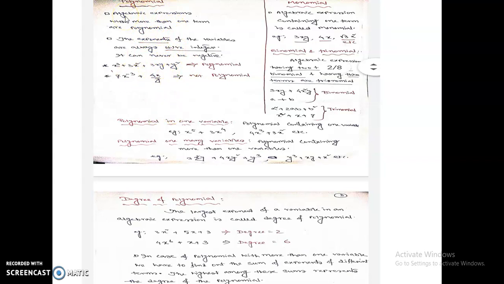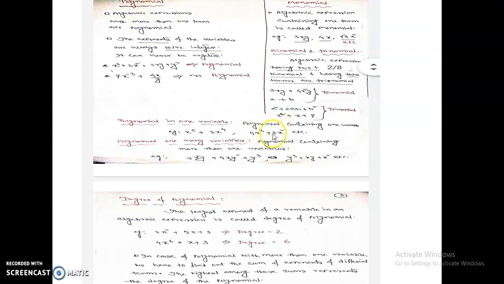So these are basically polynomial and monomial. Now here you can see polynomial in one variable. It is possible that you will find a polynomial that contains only one variable, right? So x to the power 5 plus 3x to the power 4 is a polynomial because it contains more than one term. It is one term, this is another term. So there are more than one term, but only one type of variable, that is x. Here also 4x cubed plus 3x squared.